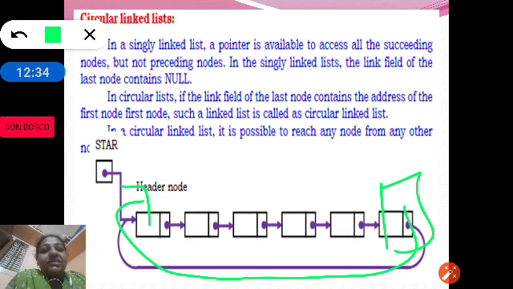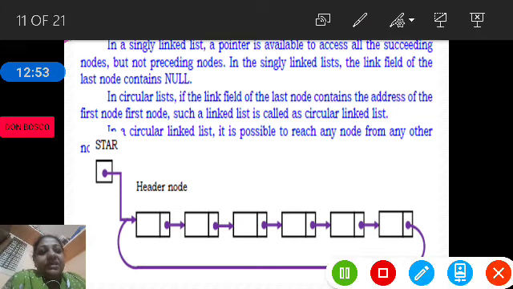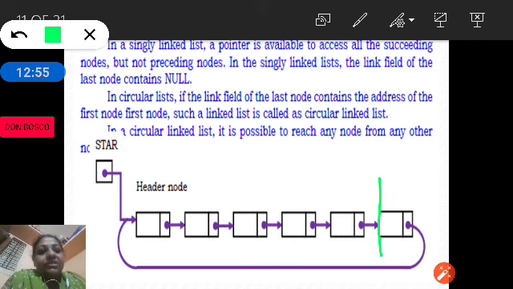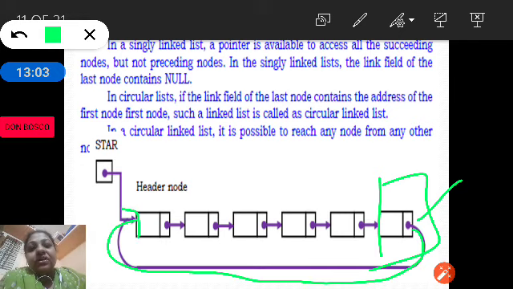In a circular list, if the link field of the last node contains the address of the first node, such a linked list is called circular linked list. As you can see, in the singly linked list the last node link is always null, whereas in circular linked list the last node follows the first node.